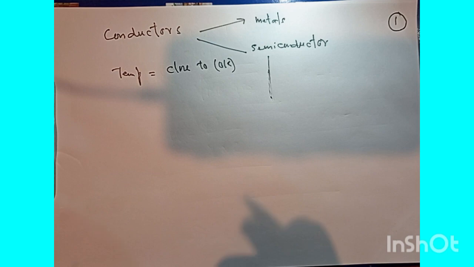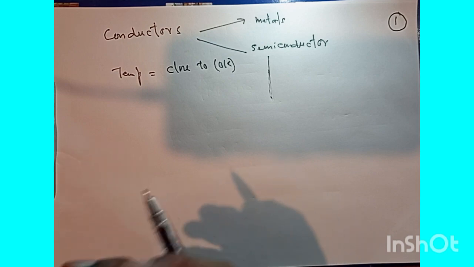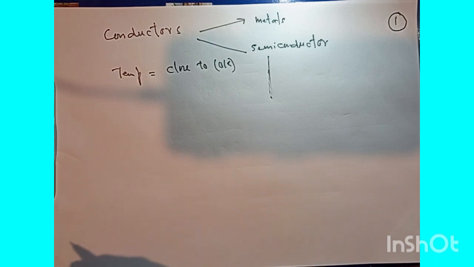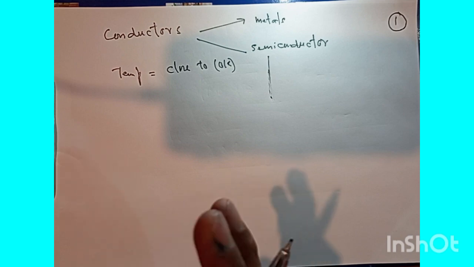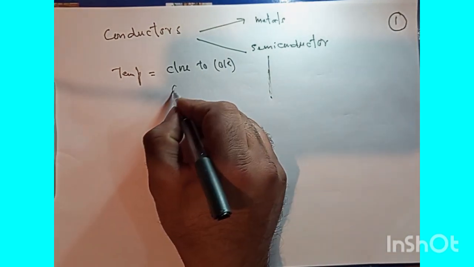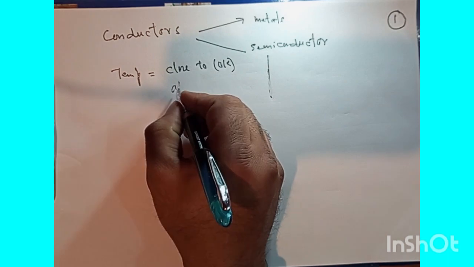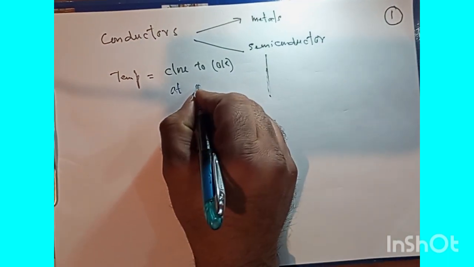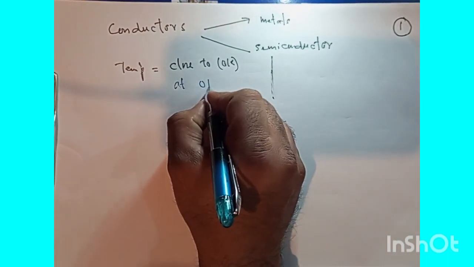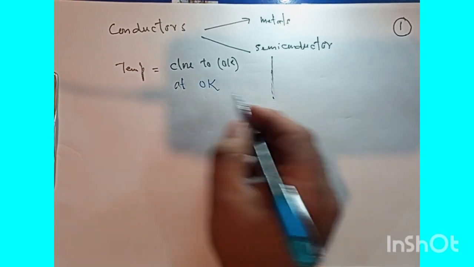Perfect crystals of most semiconductors would behave like insulators. The only difference between semiconductors and insulators at 0 Kelvin